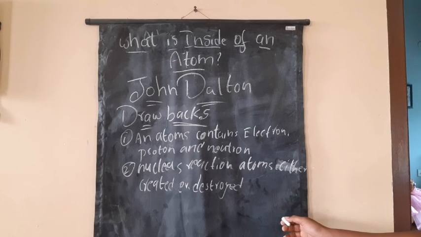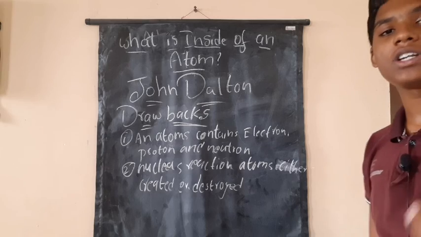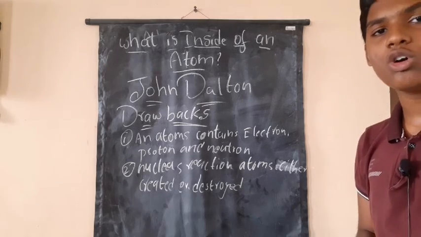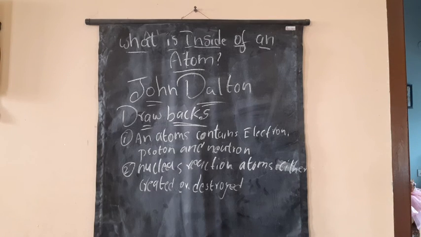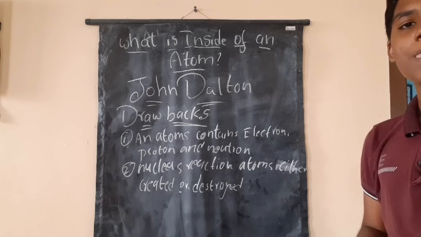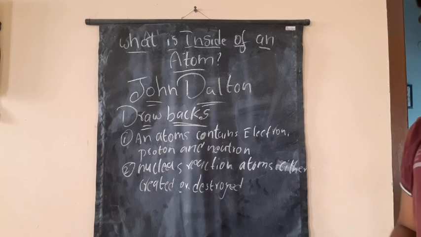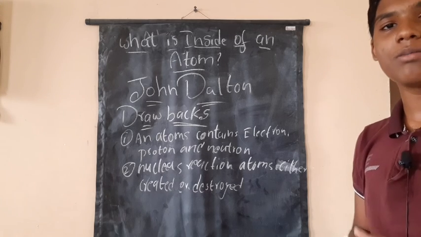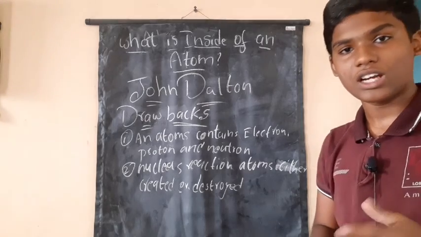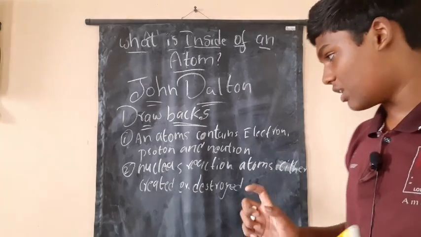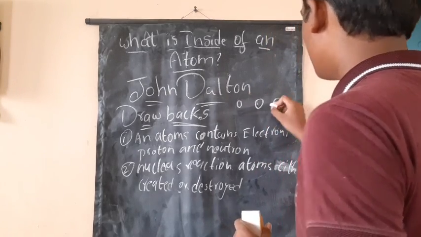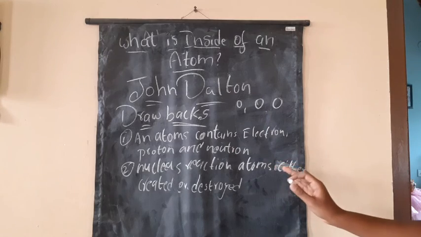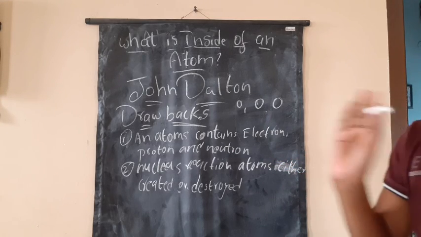After the discovery of isotopes, we know atoms of the same element can have different properties. About isotopes he did not mention anything in his experiments. Now we will discuss what an isotope is. Isotopes are atoms of the same element having the same atomic number. Let us take the example of oxygen.